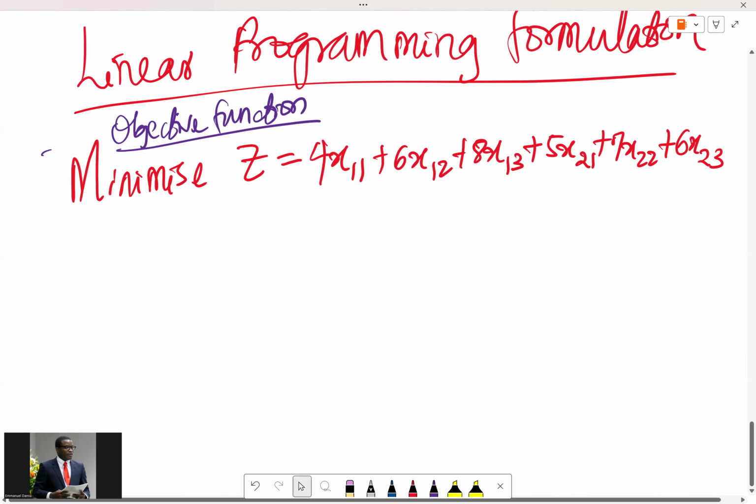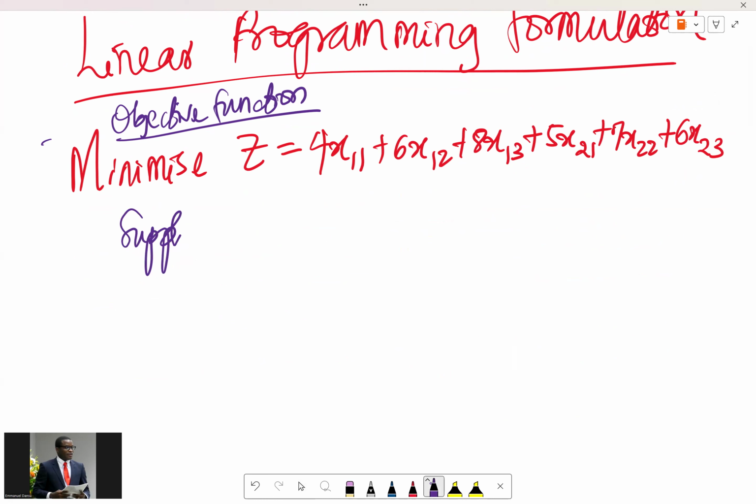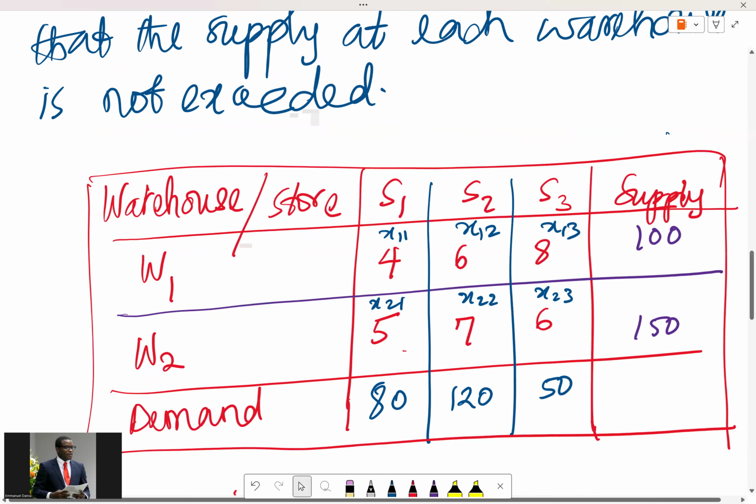So next we have different layers of constraints. First of all, we can talk about the supply constraints. For the supply constraint, you see that the supply is this way. So it means we're going to have